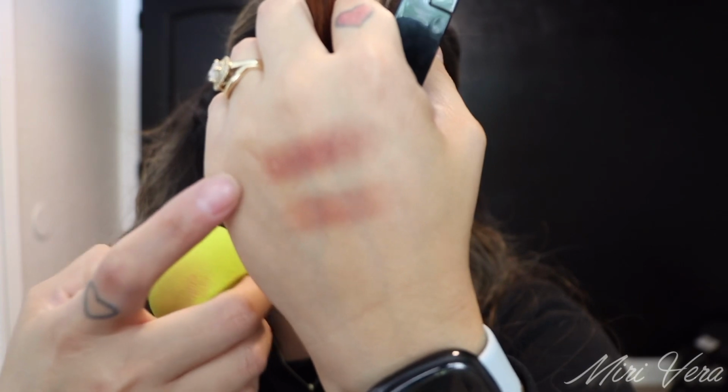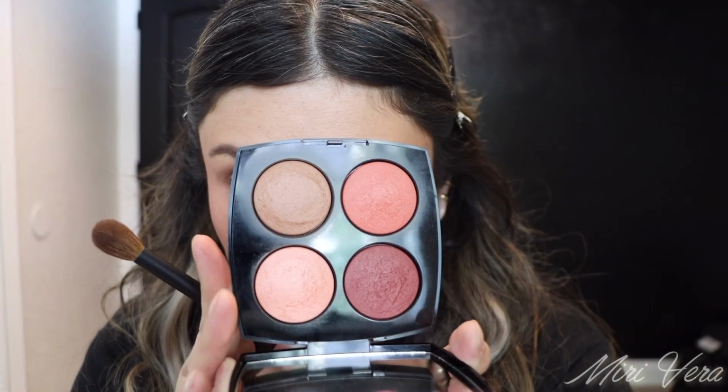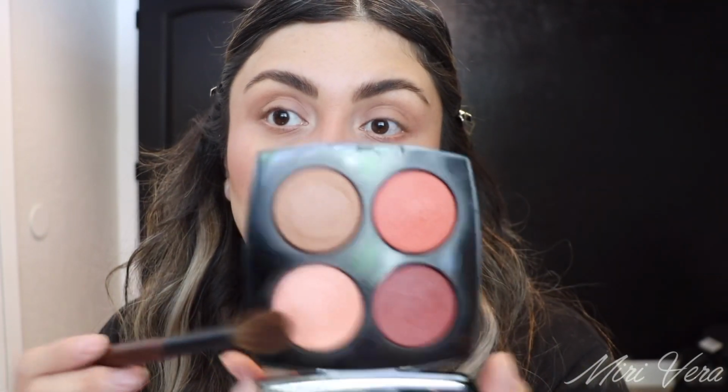And I was a tiny bit worried because of the tone of this purple here. I thought maybe it could possibly look like a bruise on my cheek, but I don't think it is at all, right? It looks so pretty. And I don't think any of the blush tones that I have in the Tendrice Eye and Face palette look like this. I am gonna jump into this real quick because I'm going to add, like you could tell, some of the shimmer shade